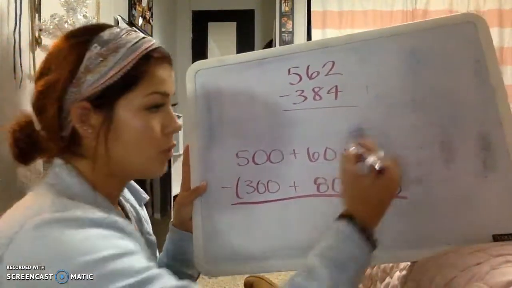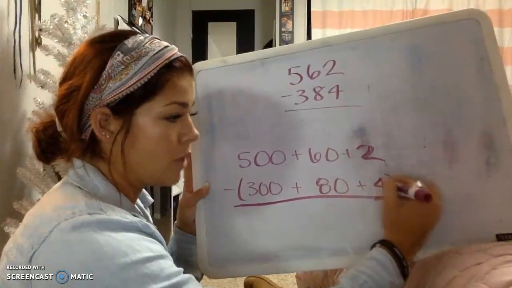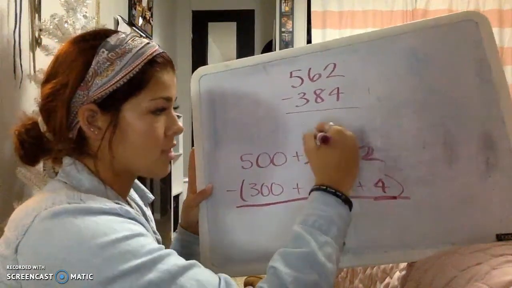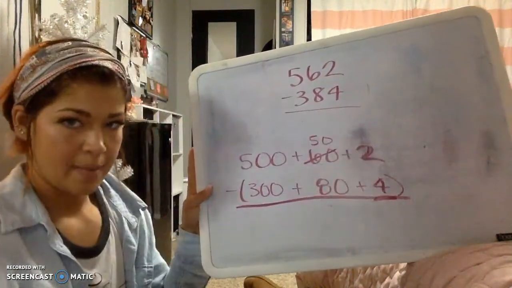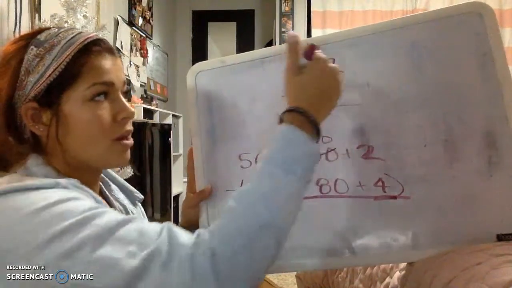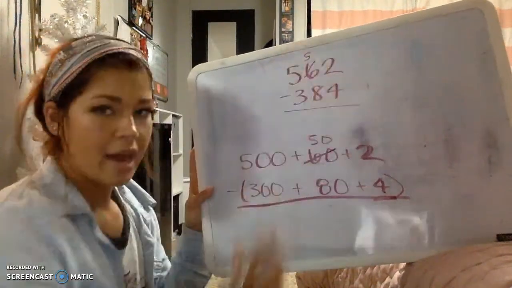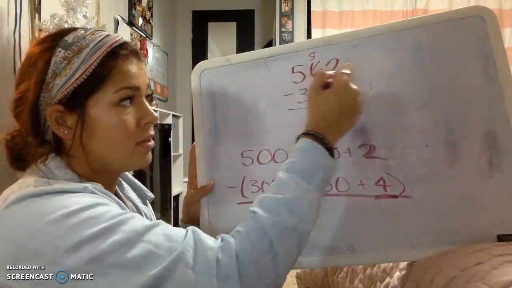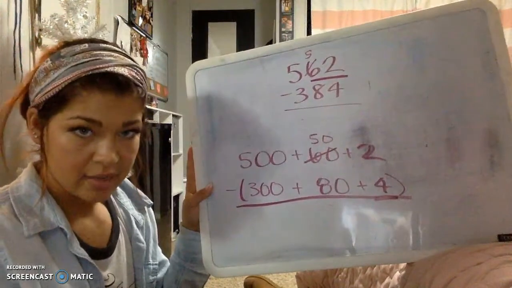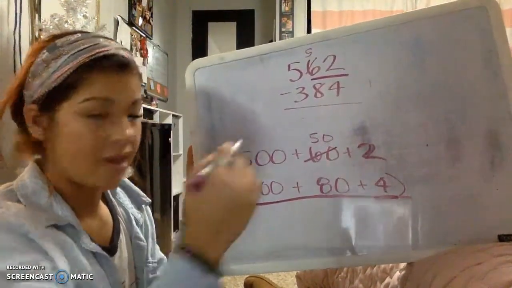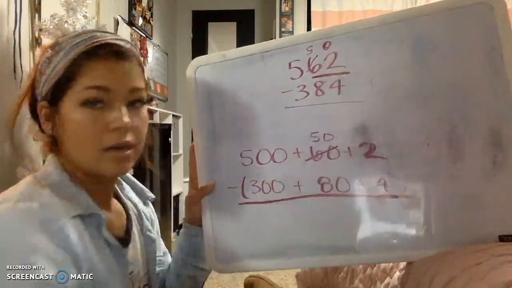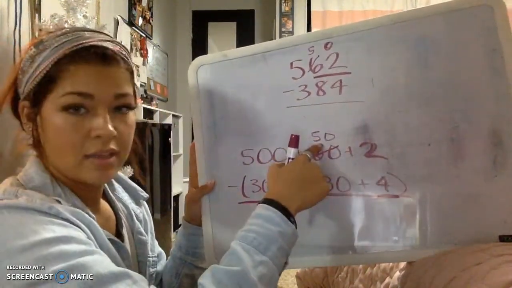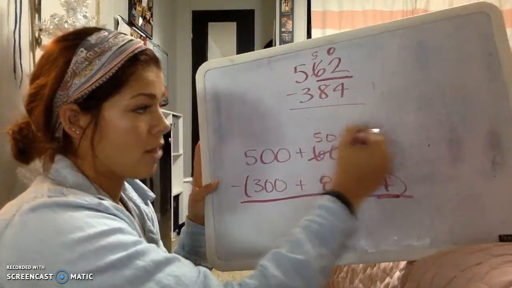We're going to take 2, we're going to take away 4. You know, we can't do that without getting a negative number, so we're going to regroup. So we're going to cross this out and put a 50. What they both have in common here is when we regroup here, you're putting a 5. So 5 and 5, but really right here, it's 60. So when we're regrouping, we're crossing that and putting a 5, it's actually representing 50, like it is down here. So then we're moving the 10 that we regrouped from over here, we're moving it over there,